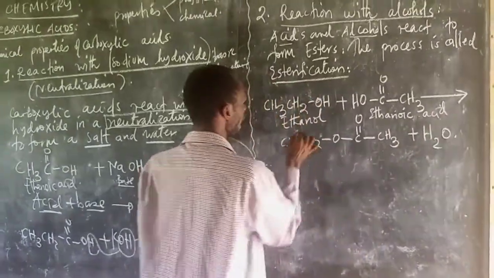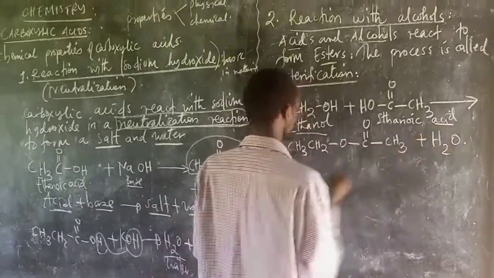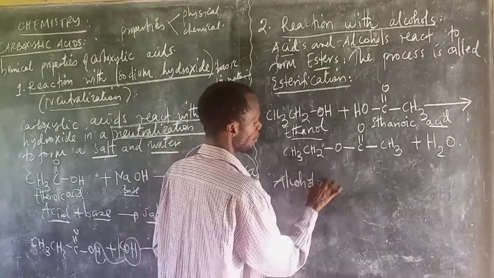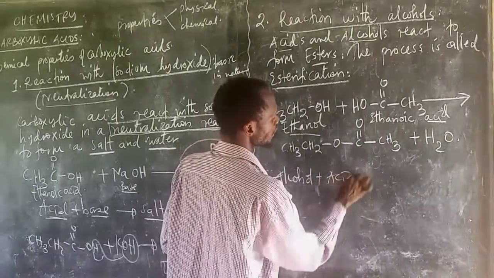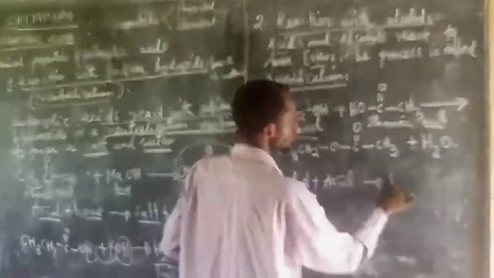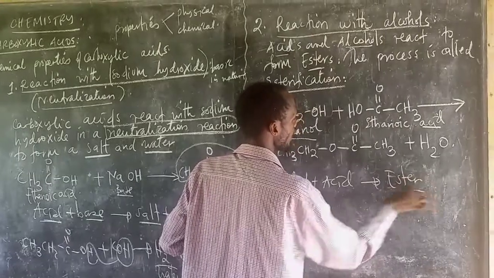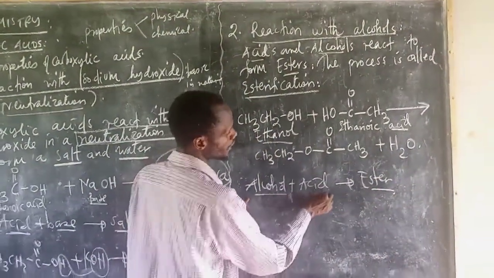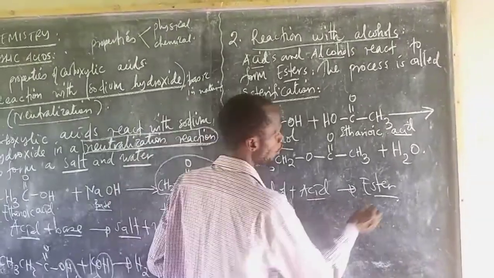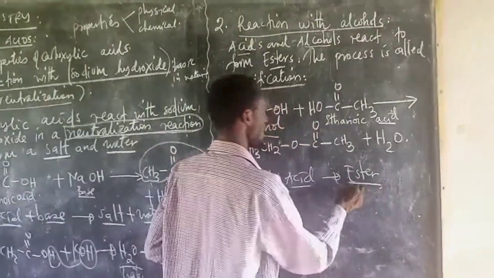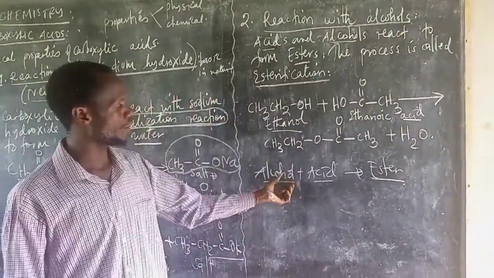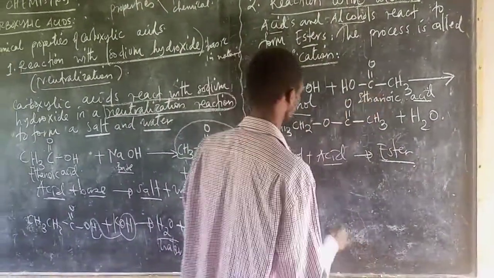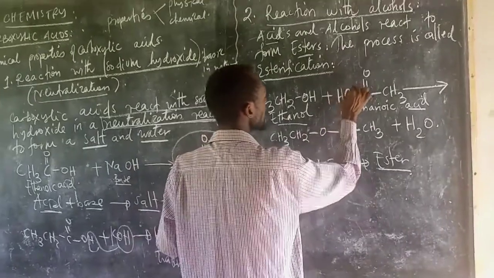When acid and ethanol get together, we have alcohol plus acid. The result is what we call an ester. Ester is produced when there is a reaction between alcohol and acid. This is ethanol and this is ethanoic acid, and this will get together